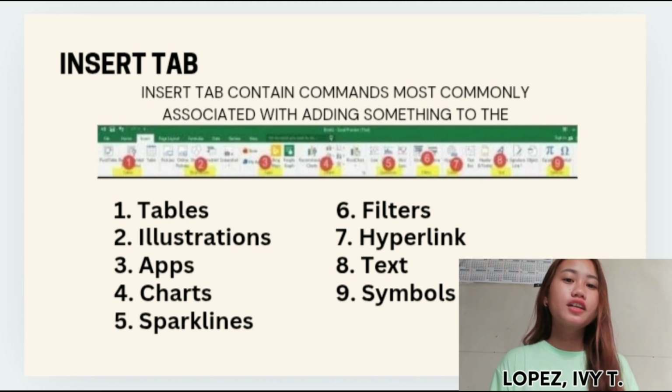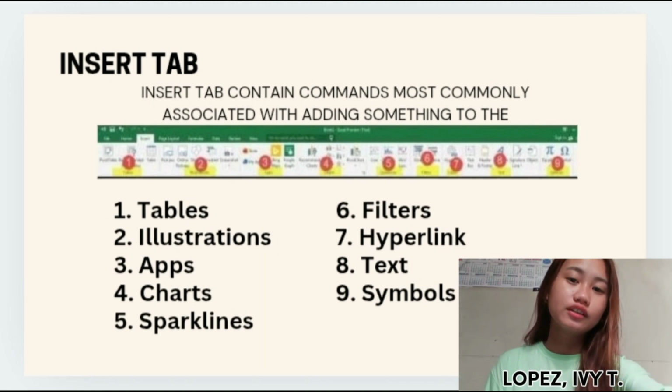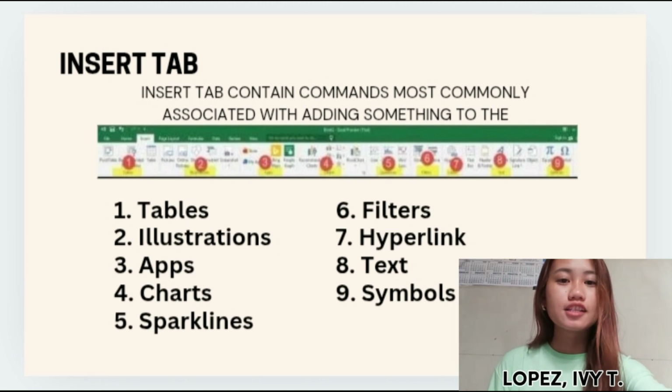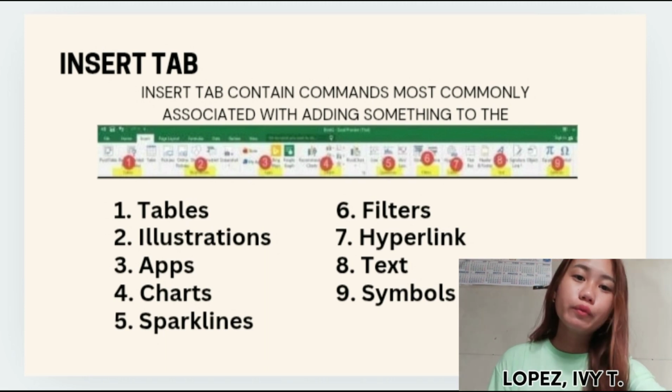This primarily consists of two parts. A, Equation. This allows you to write mathematical equations that we cannot ordinarily write into an Excel sheet. And number 2 is symbols, which are special characters or symbols that we may want to insert in the Excel sheet